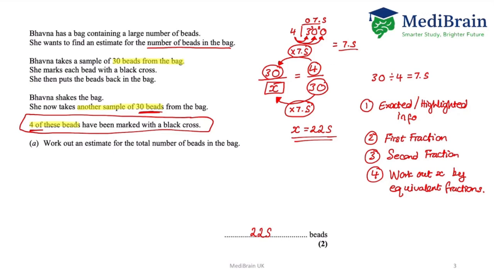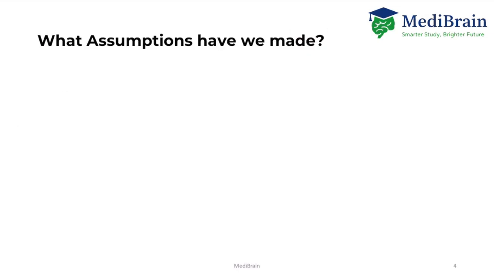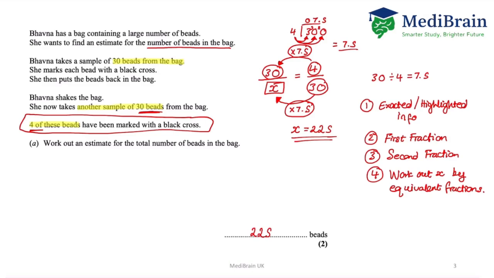Now, there is one more part to this question. Normally, in an exam, when you get a question like this, you have a part A, which is just like this, and then you also have a part B, and that is what assumptions you have made. There are some assumptions that you need to make in order to estimate the total number of beads. We've used maths to estimate the total number of beads as 225, but there are some assumptions that we have